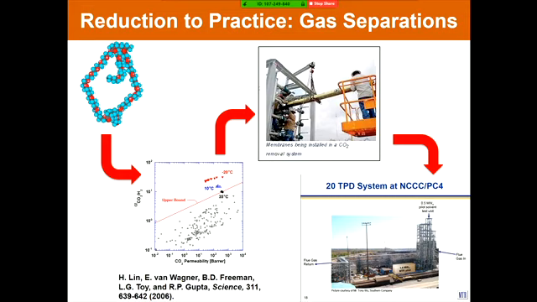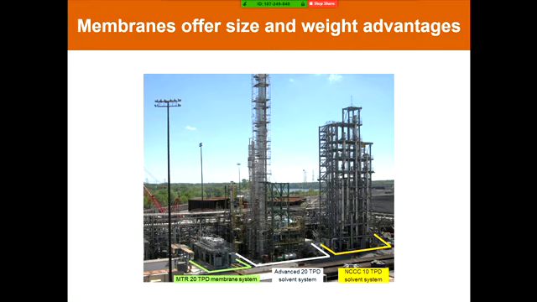I'll show you another picture of it in a moment. This is a 20-ton per day CO2 capture system, 1 megawatt equivalent, at the so-called National Carbon Capture Center in Alabama in the United States. This is a little bit later picture and a blow-up of the system. At this center, the Department of Energy is comparing different technologies to improve the technical readiness level, but also to ultimately evaluate which technologies give the best performance.